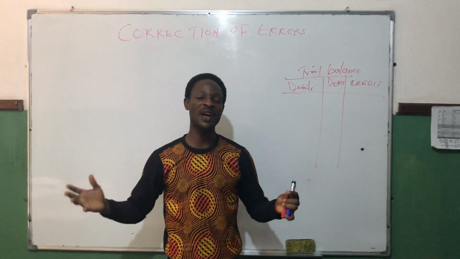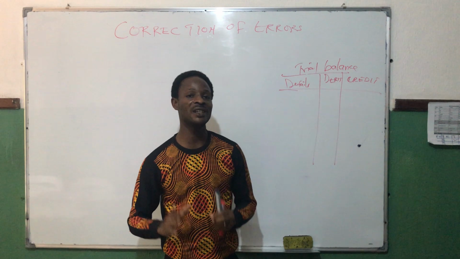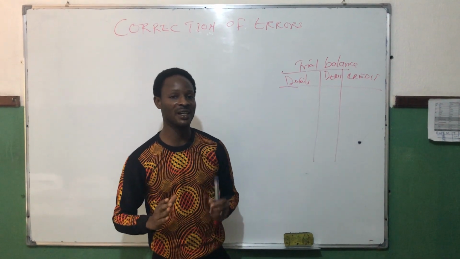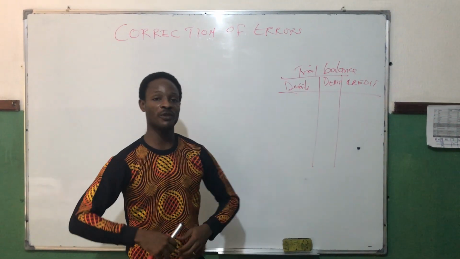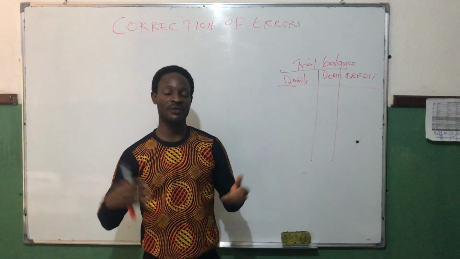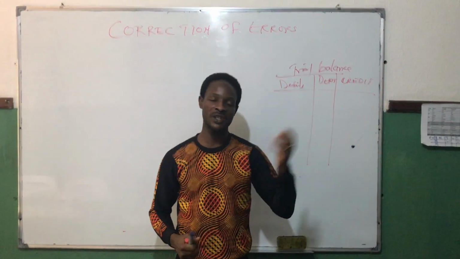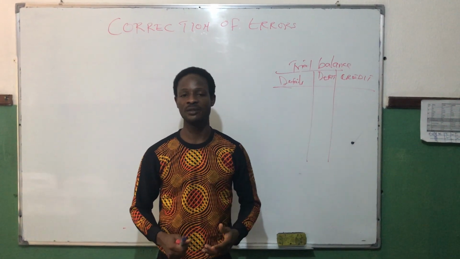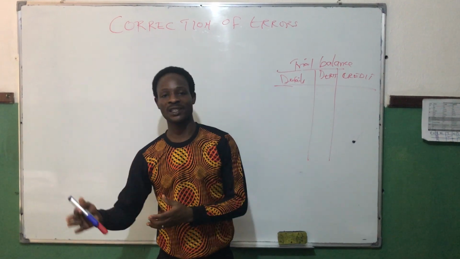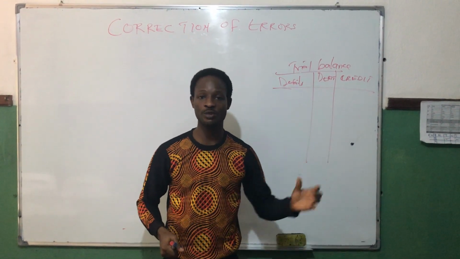Then we have some other errors. However, we have some errors that immediately reflect that there is a problem. Error of overcasting on one side. For instance, if you sold goods of 700 to a customer, and the sales account and the customer's account should be recorded,